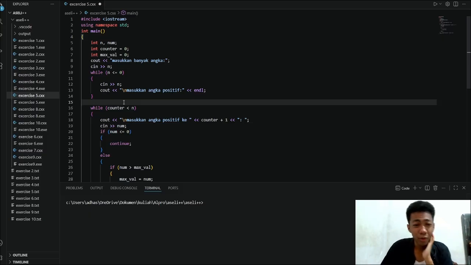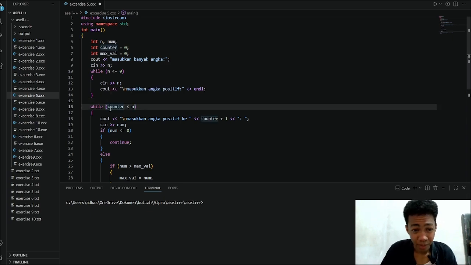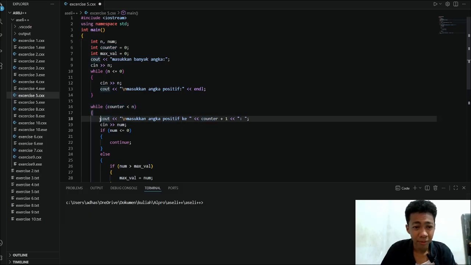And after that, we enter the main loop where we store the num value as many as n. First, we need to make the counter the parameter. So this program will run while the counter is less than n.